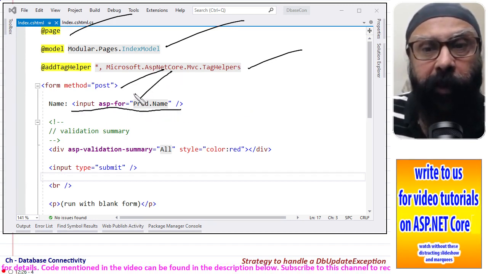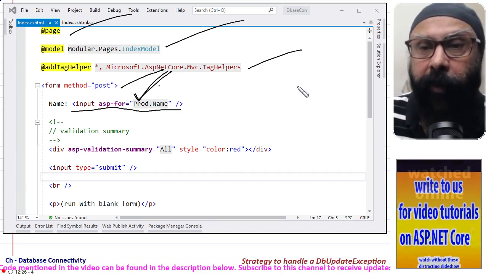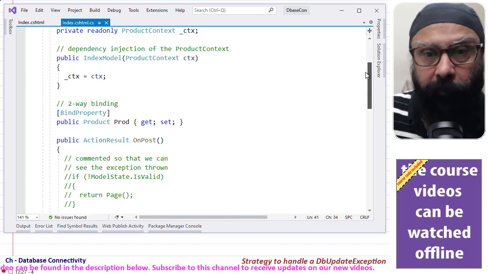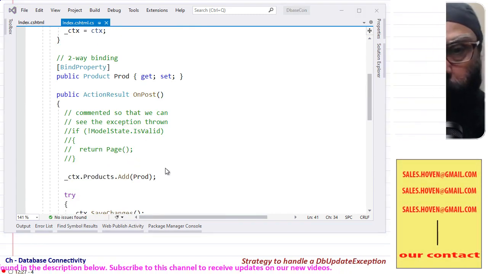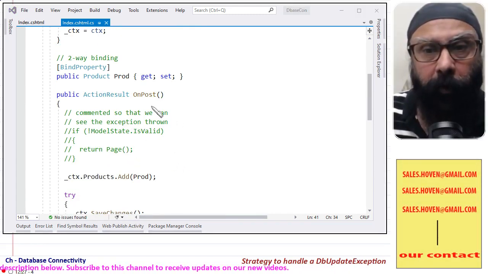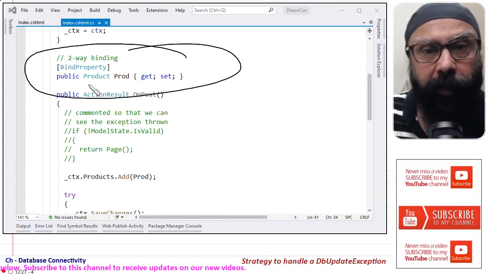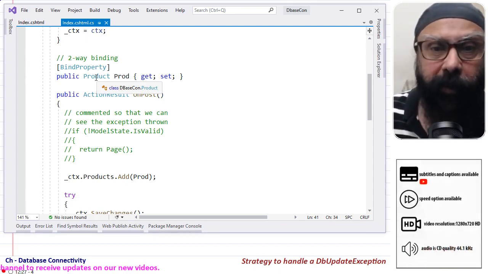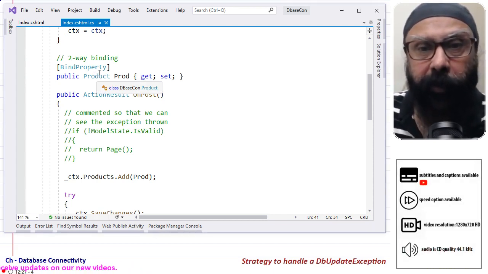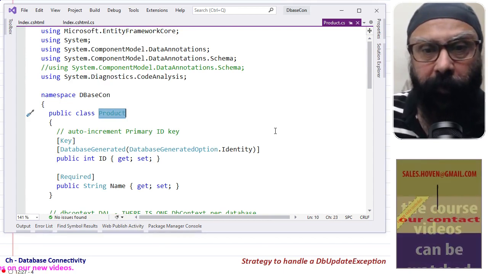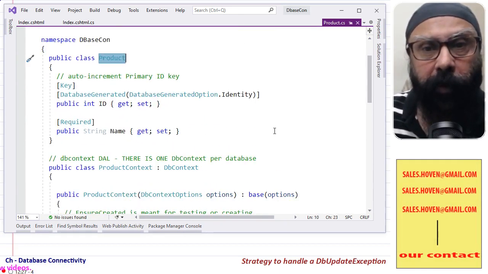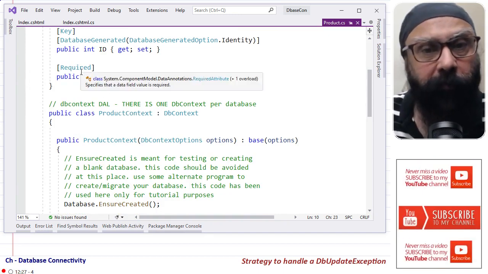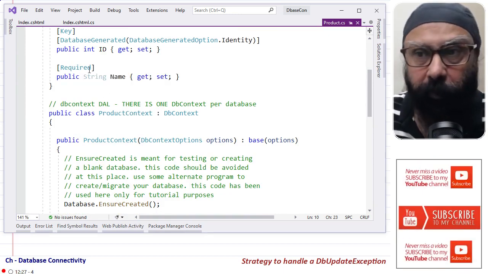Prod is basically a BindProperty, and it is of the type Product. This is a simple model in which we have an auto incrementing ID and a Name property which we have marked as required.